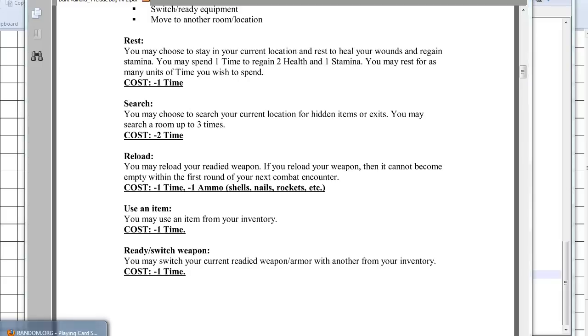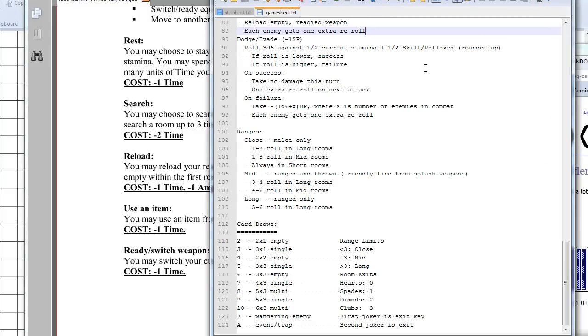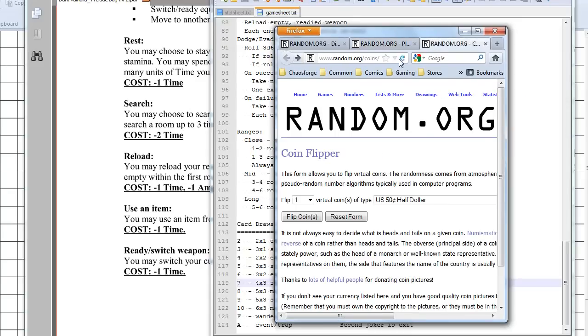I can't get to where I need to get to. There we go. It's clubs. Let's just go ahead and leave that somewhere where I can easily pick it up again. So that means it's going to be... Did I really take clubs? Oh, no, that's spades. So let's go ahead and flip our coin, see if we get one exit or...